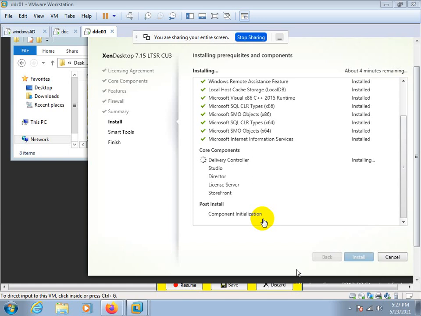Startup license is to provide a license to the XenApp member servers, to know about the health or the availability of the server in the network.